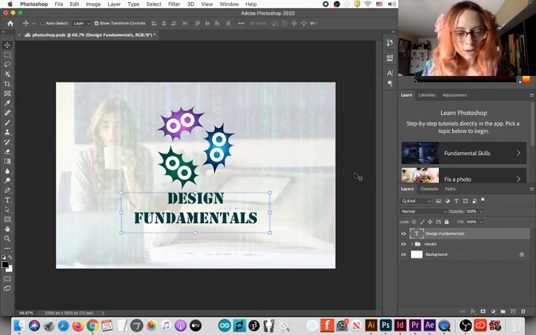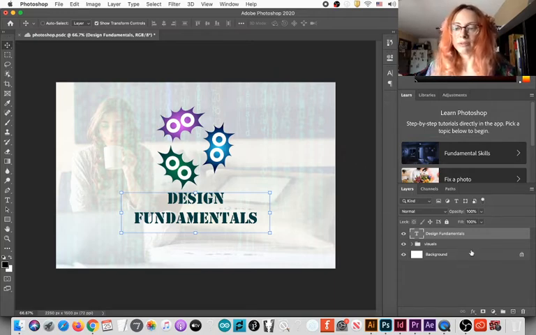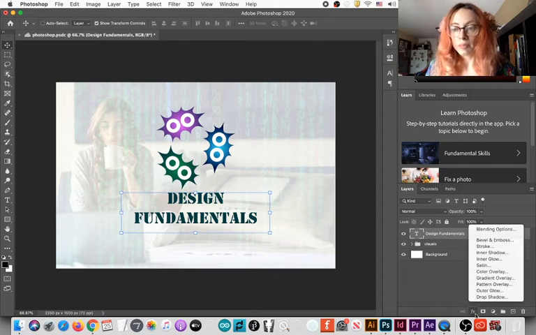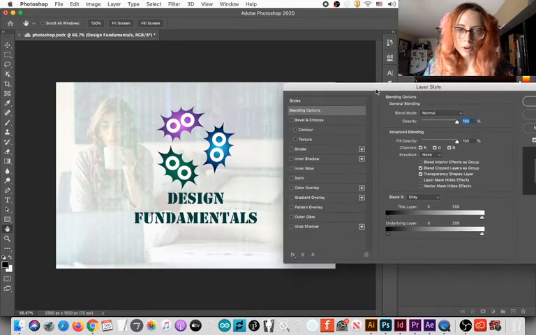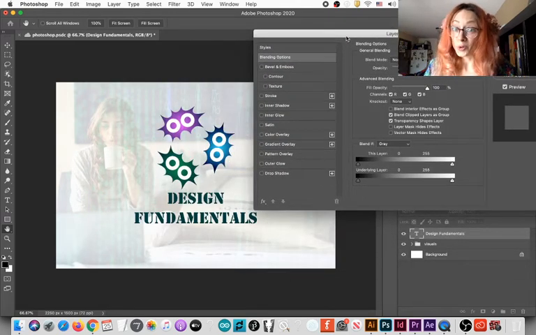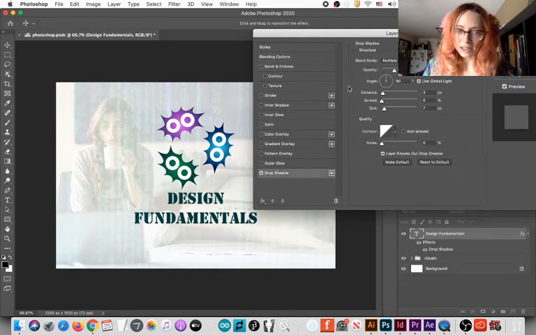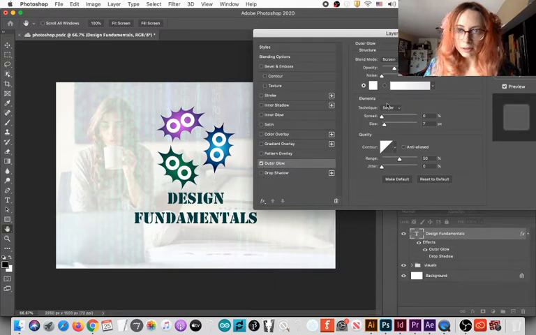So, okay, that was a very basic overview of Photoshop. I want to move to another program before we finish this class, but let me show you some of the most interesting fun stuff here. Blending options. Blending options are the funnest thing to do on Photoshop, and it's easy to overdo. It's easy to make something very, very ugly using these, but it's also possible to make something very beautiful. So just play around until you see something you like.